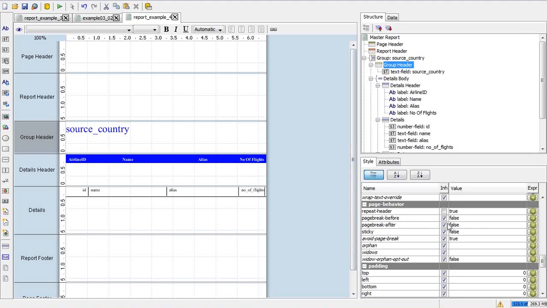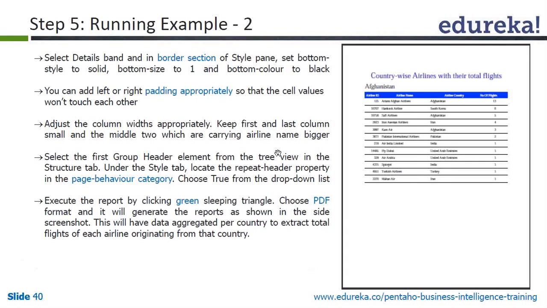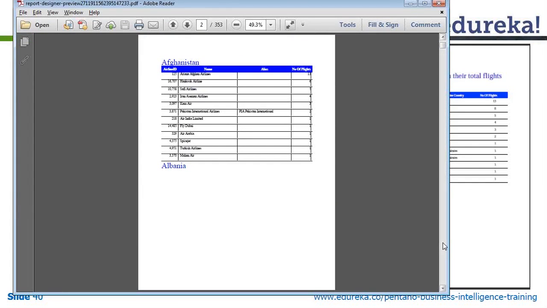So we can add break after. After the group is complete, we can add break, and now we will again regenerate. See, it is showing how many rows, 5,659, and all the rows it is arranging in the group. Depending on your PowerApp machine, we have said after group, and after adding this element, it is putting all